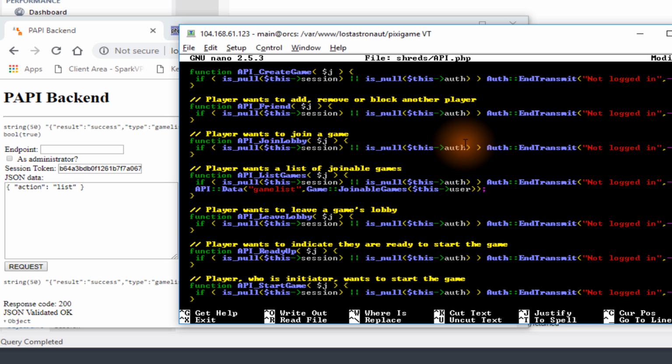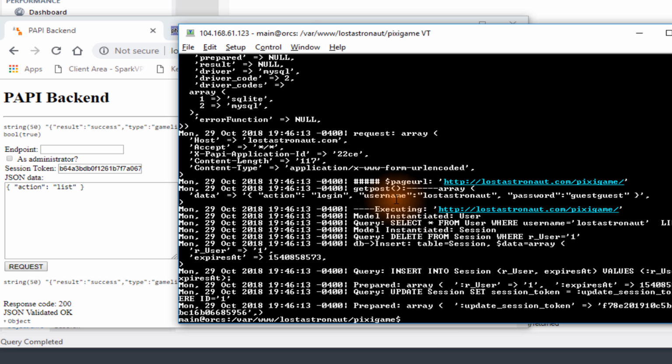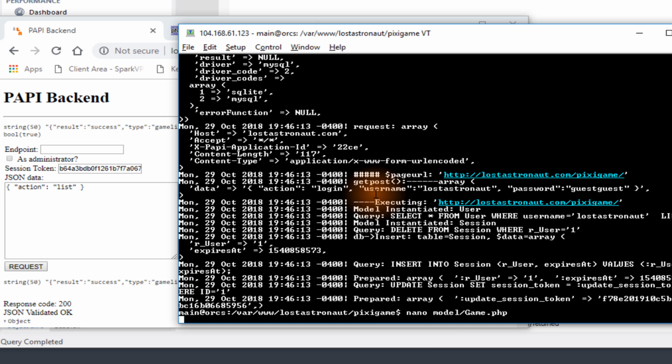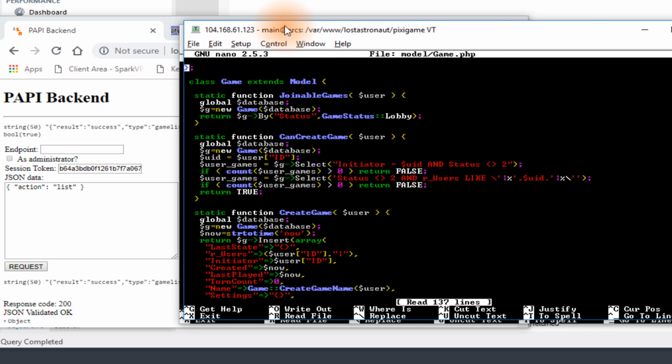So there's really nothing stopping us from doing this, so let's just do it. G equals new game. Actually, I don't need to do that. If game can create game, this user, then game create game user. What was the other parameter? Let's get that other one up here. Nope, that's not it. Let's look at that model real quick. That's it, just create game for user. So you're initiating the game. All right, so that being said,